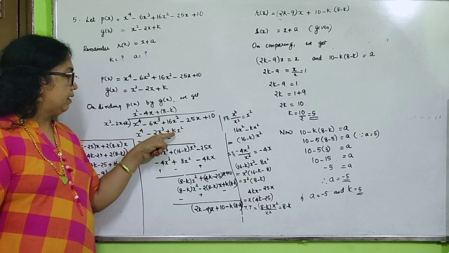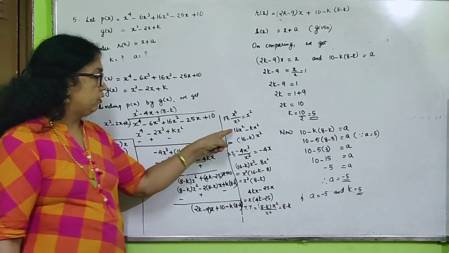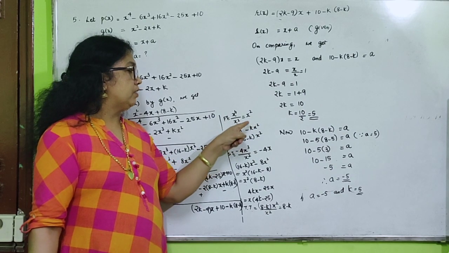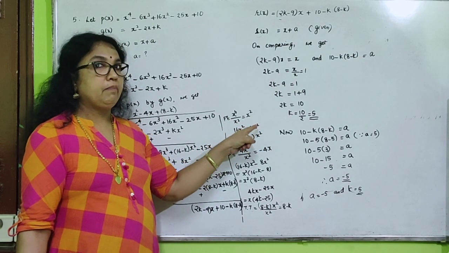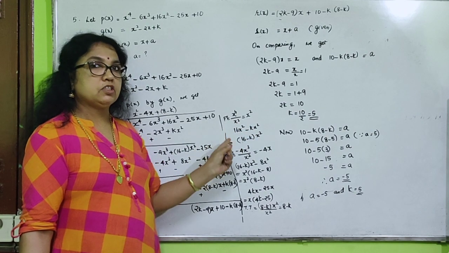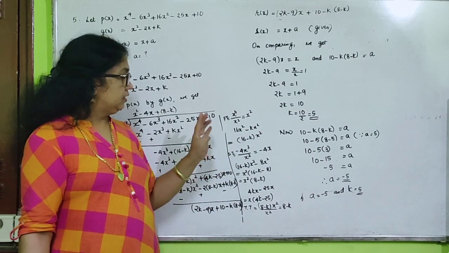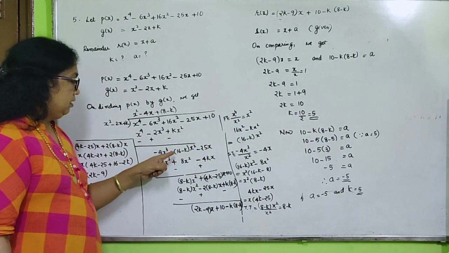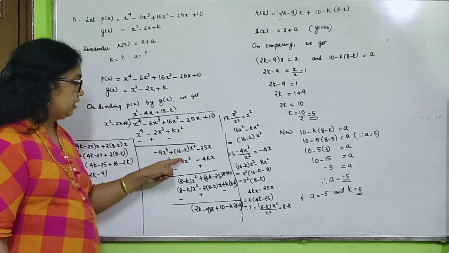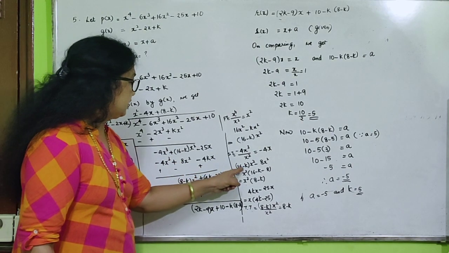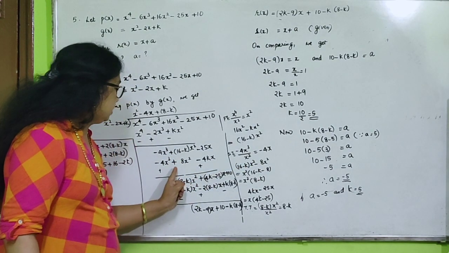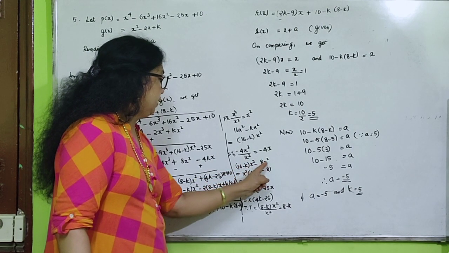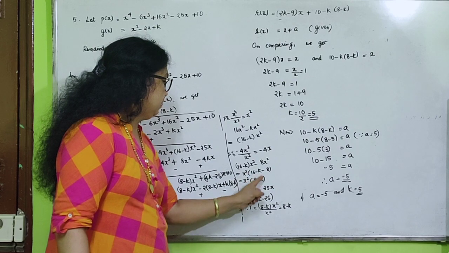Now 16 x square minus k x square, how is the subtraction done? I have shown here. 16 x square minus k x square, actually 16 x square minus 5 x square, we are doing 11 x square, directly 16 minus 5. Actually x square taken common, 16 minus 5, that is 11 we are writing. The same way x square taken common, 16 minus k, so written here. Here also on subtraction you have to take care. 16 minus k x square minus 8 x square. Then x square taken outside, so remaining 16 minus k minus 8. 16 minus 8 is 8, 8 minus k. So you got that.